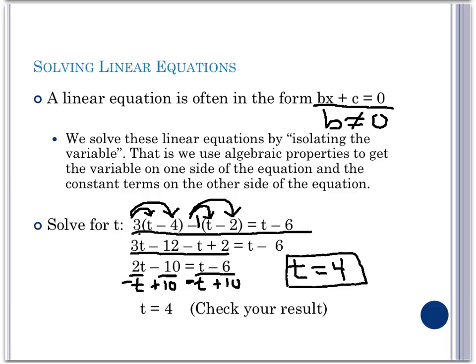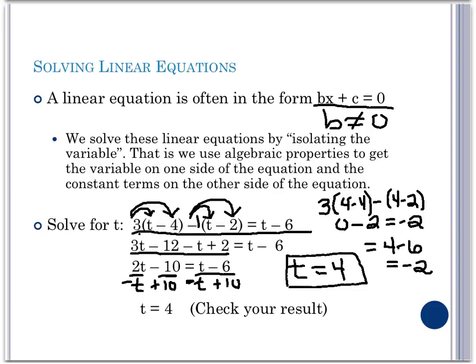We could verify this answer by resubstituting in t equal to 4. Therefore, we have 3 times the quantity of 4 minus 4, minus the quantity of 4 minus 2. And we want to verify to see if that is equal to 4 minus 6. We see that 4 minus 4 is 0, so 3 times 0 is 0, minus the quantity of 4 minus 2. 4 minus 2 is 2, so we have 0 minus 2, which is equal to a negative 2. That is indeed equal to 4 minus 6, which is also a negative 2, giving us t equal to 4